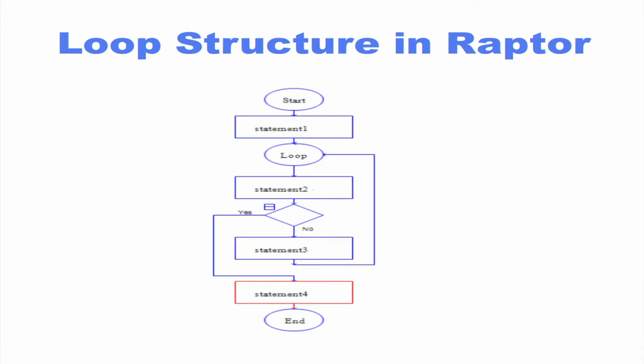In the example we just saw, statement 2 could be removed, which means that the first statement in the loop would be the decision statement, or statement 2 could be a block of multiple statements. In either case, the loop executes in the same way. Similarly, statement 3 could be deleted or be replaced by multiple statements. In addition, any of the statements above or below the decision statement could be another looping statement. If a loop statement occurs inside a loop, we call this nested loops.